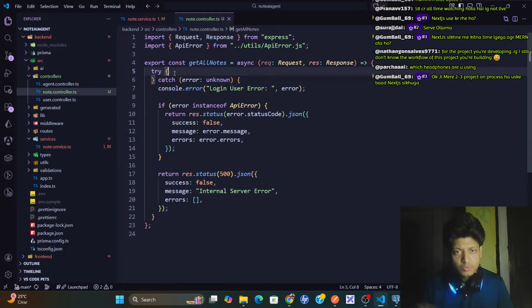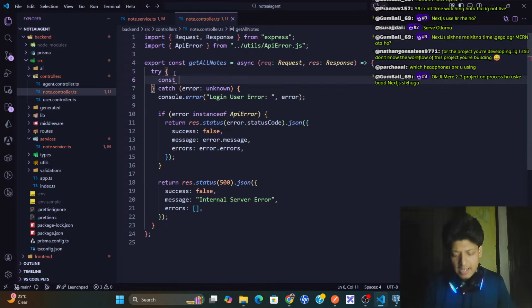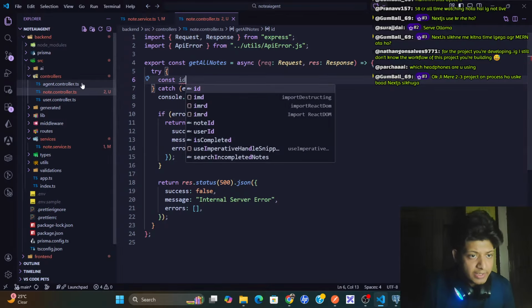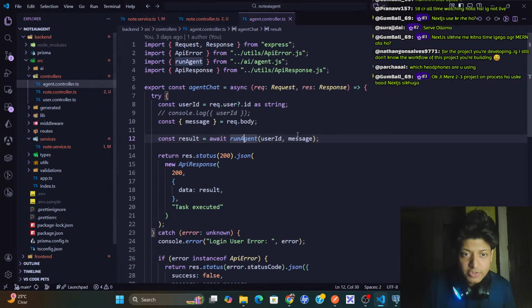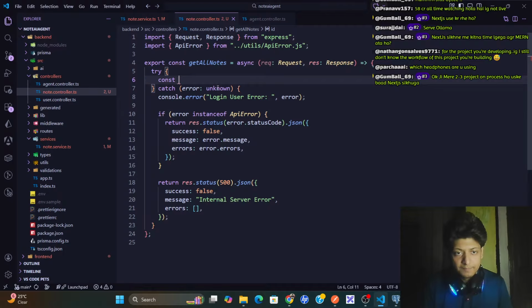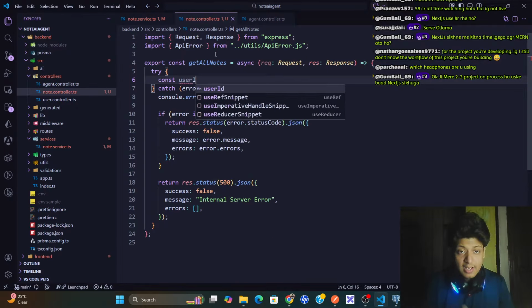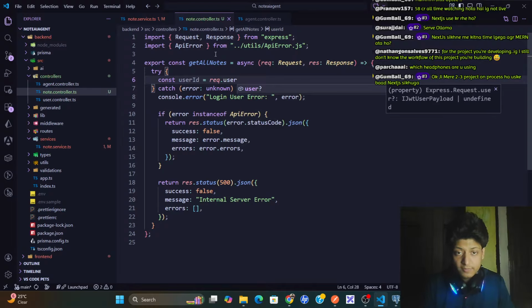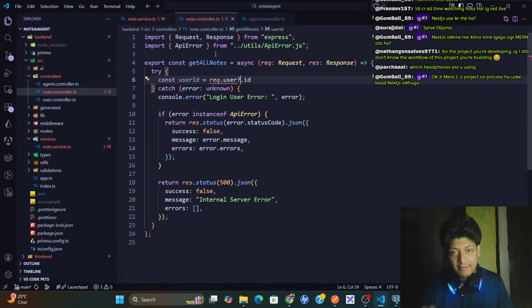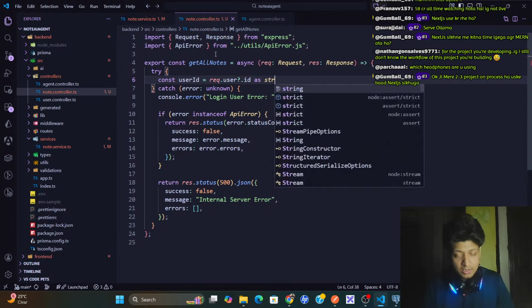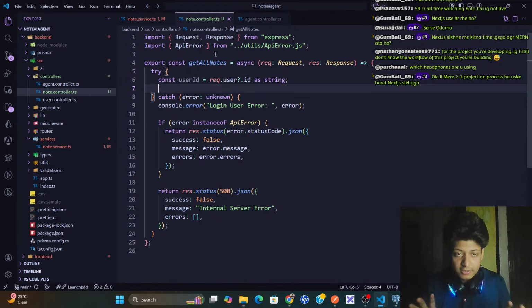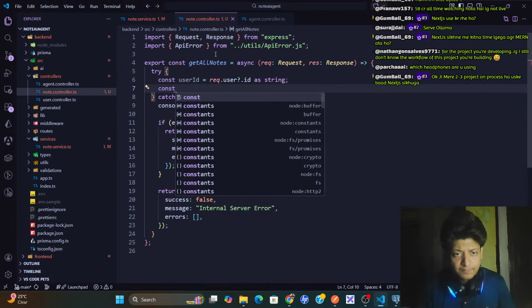And after this we get all notes, and here I'll get the ID. It is my agent controller, here I'll get the user ID. User ID equals request dot user dot ID, and here I'll have optional, and this should be as string. Fine, I got this.